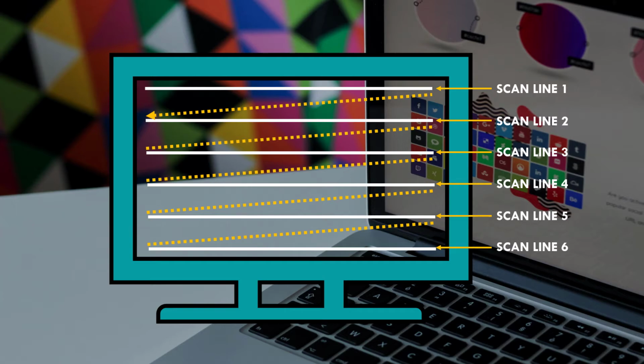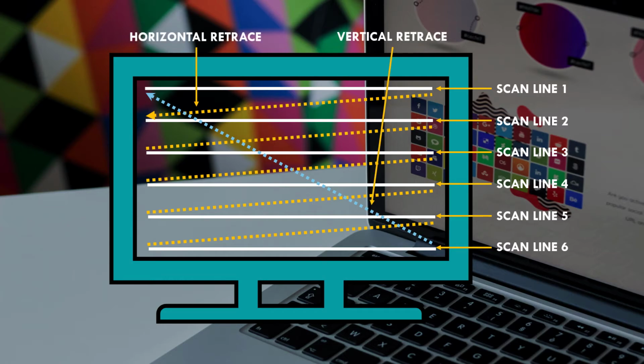Whenever it is scanning from the left side to the right side, and then moves to the next scan line, again it does the same thing, that is left to right, in the same manner in which we read a textbook. Now when it reaches the bottom, what is going to happen? When it reaches the bottom, the scan line starts again from the top portion, and it goes in this way. The dotted lines shown here in yellow and blue are known as the horizontal retrace and the vertical retrace, and in this way the raster scan display works.